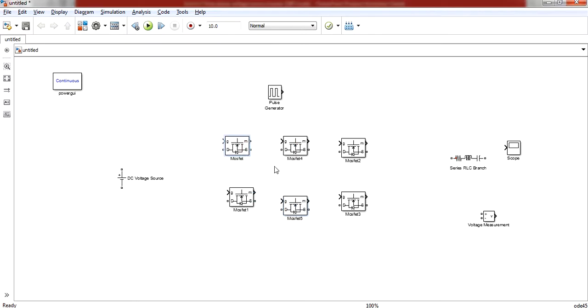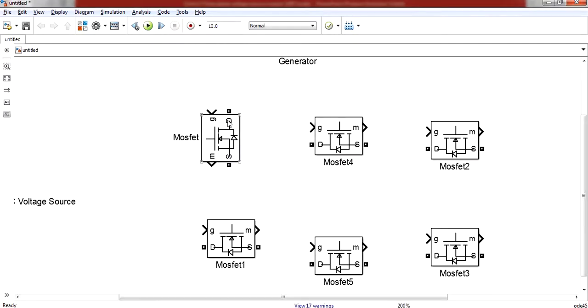Now we will rotate them as we want. To rotate any component you can use Ctrl R, that is the shortcut for that. Now if you zoom in a little bit, you will come to know that this is the drain, this is the source and this is the gate.